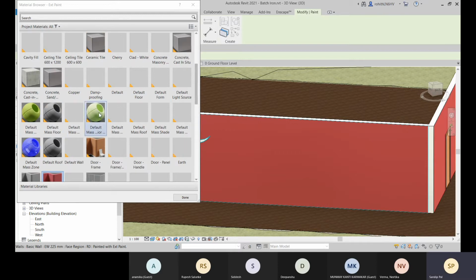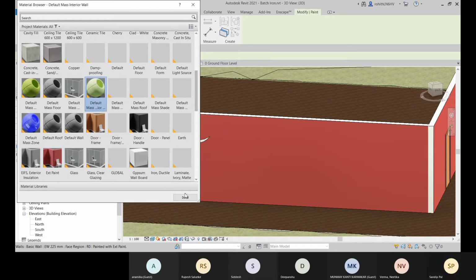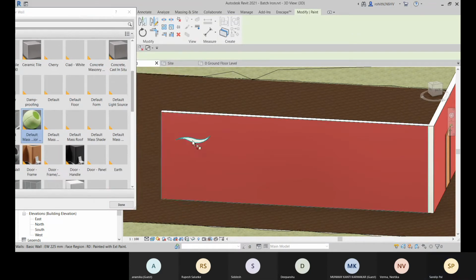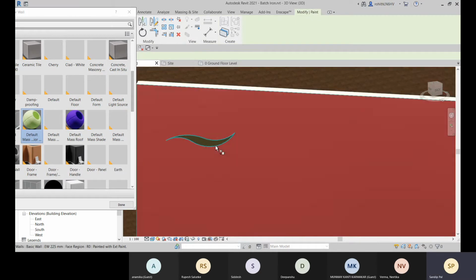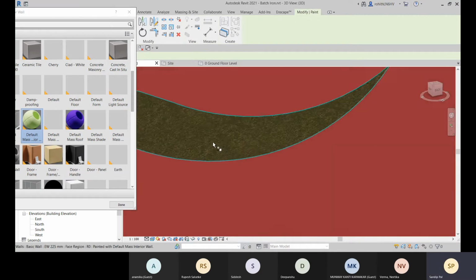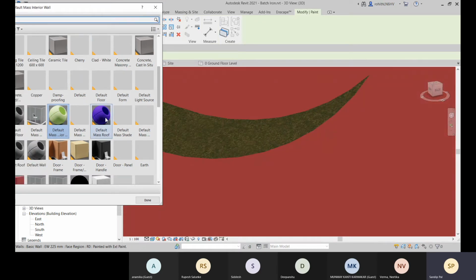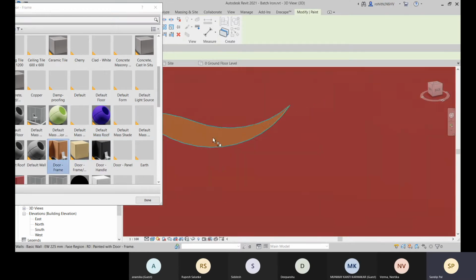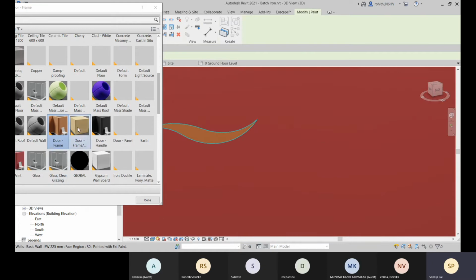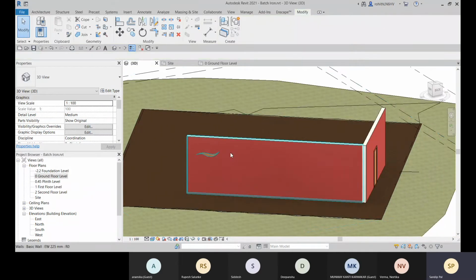OK, so I'm going to apply this one. Let me select it. And now let me select this one. And that is applied here. You can see, so this is kind of a material which is applied. Let me choose this one and let me see. Okay, so this is not the right color. Now we can go with this color. OK, or this color. So we can just apply like this. I hope you understand. So this way we can create some design by the split face and we can apply it. All right.